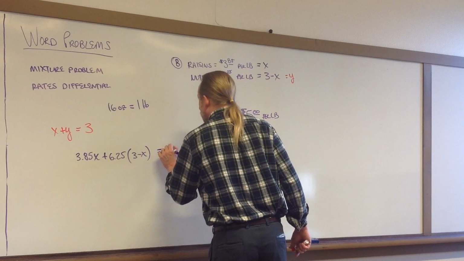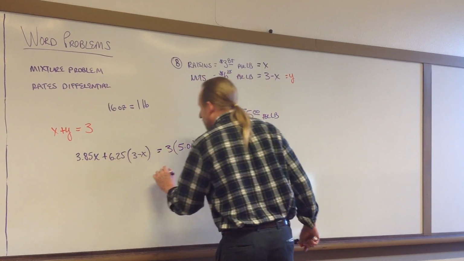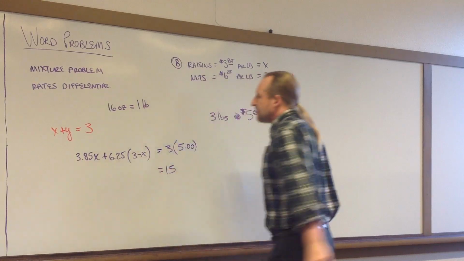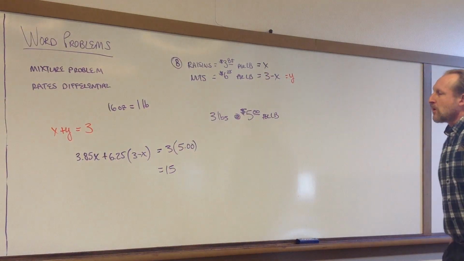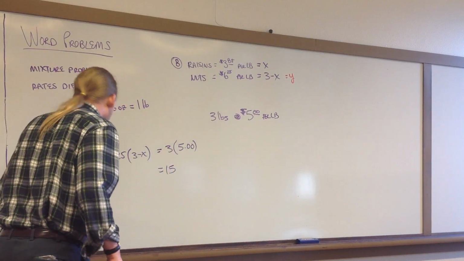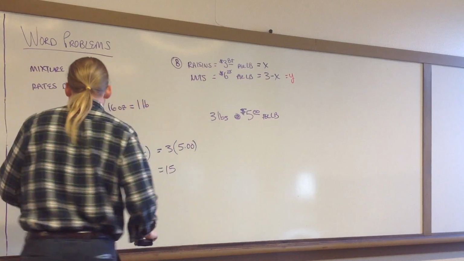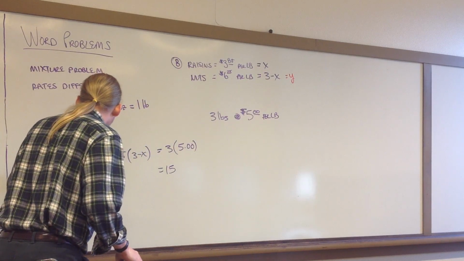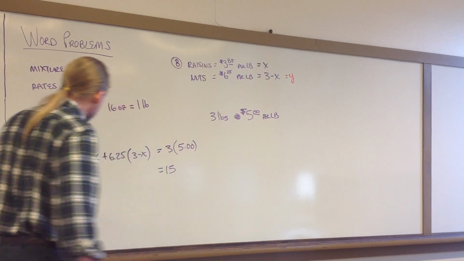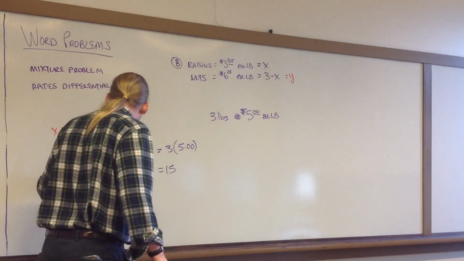That should be equal to 3 pounds at $5 a pound, so that's just going to be 15 on that side. Over here, we're going to have 3.85x plus 6.25 times 3, that looks like 18.75,